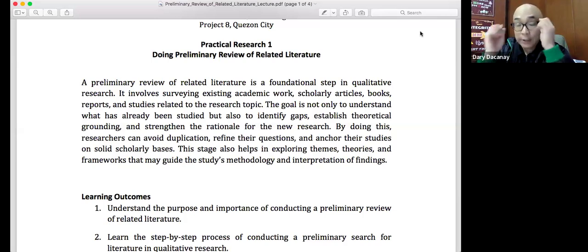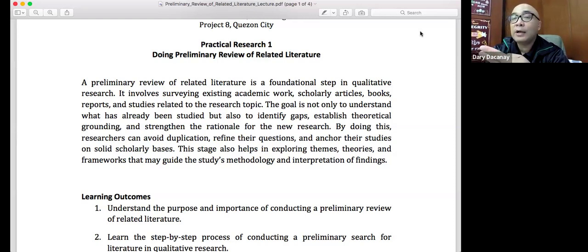Okay, and then in the statement of the problem, I will repeat this one, that when you do your statement of the problem, I need to be able to see the four sentences in the statement. The first sentence is that you have to articulate what the problem of the study is. The second is you have to look for a citation that will tell your reader that there's indeed a problem. The third one is the purpose statement, and you will say it this way: the purpose of this qualitative, kunyari, case study is to, then you'll be able to indicate na tatlong purpose statement.